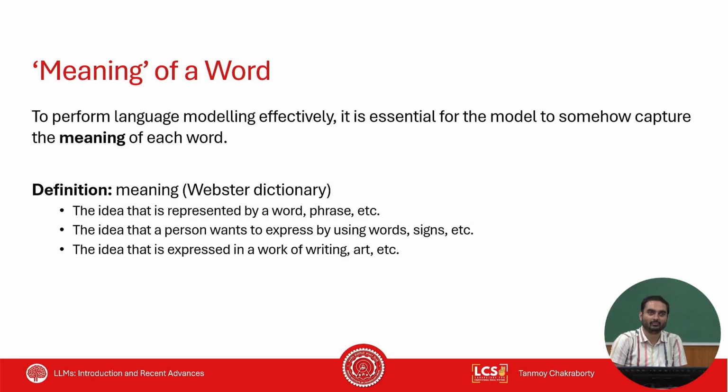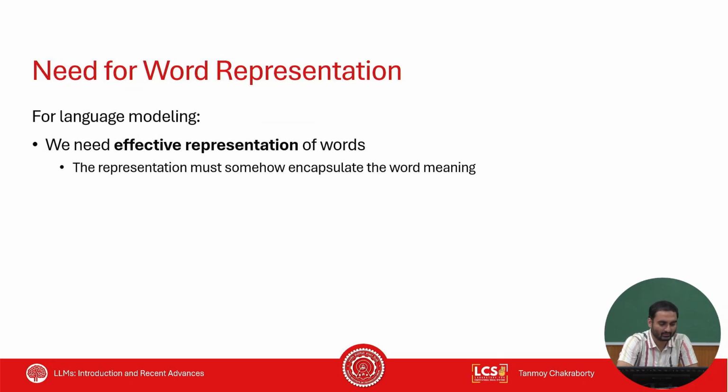Okay, so let's get started. Meaning of a word. Let's see what a dictionary says about the meaning of a word. The Merriam-Webster online dictionary says that a meaning is essentially the idea that is represented by a word or a phrase, or an idea that a person wants to express by using different words, signs, and so on and so forth. So effective representation of a word's meaning has been one of the major challenges, because